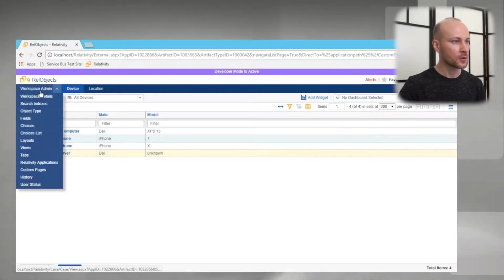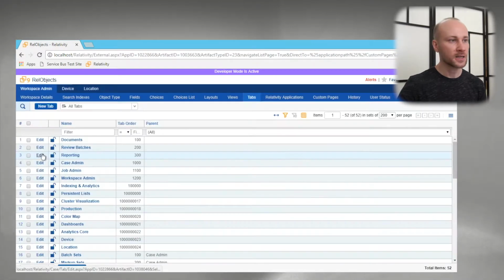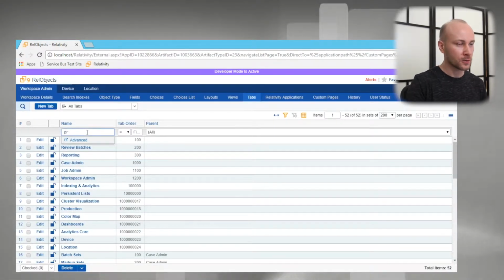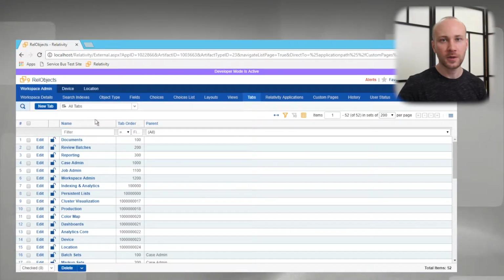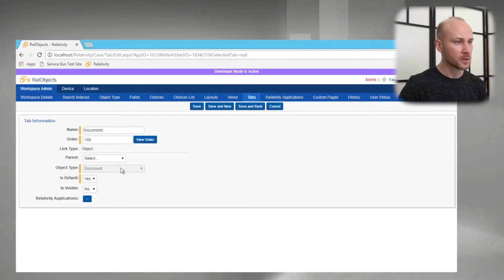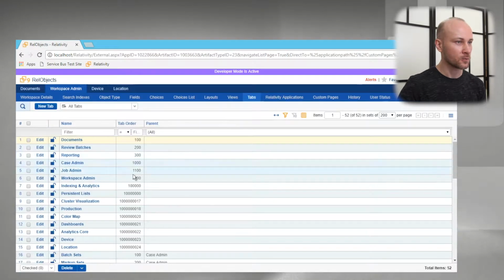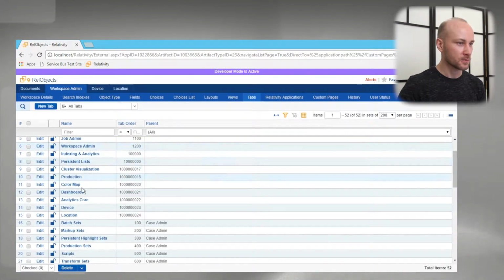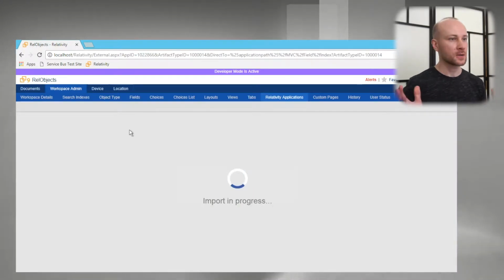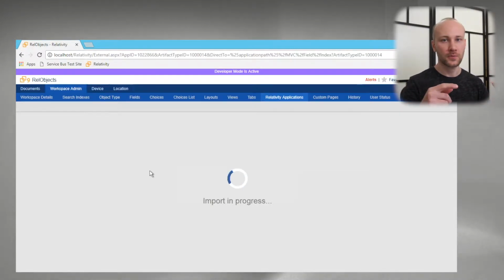So let's go to our tabs and let's unhide our processing tab, because we are going to need to use the processing module, and we'll also want to unhide our documents tab so we could see the actual documents. We'll say yes, save and back, and then we'll do the same thing with processing. I forgot, I don't have the processing application installed here. So let's import the processing application, and now we're going to make a set, and we're actually going to process some data,